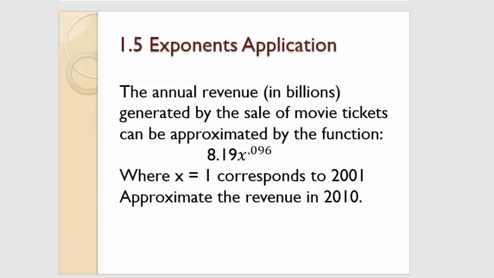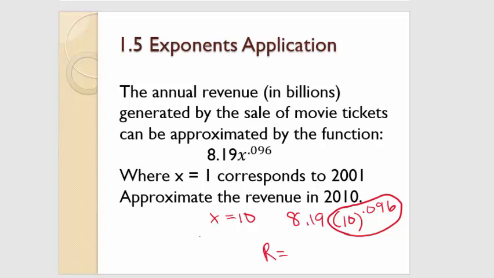2001, X equals 1. 2010, X is going to equal 10. So I need to plug in 10 for X. So 8.19 times 10, put it in parentheses, raised to the 0.096 power. Order of operations says I need to raise this to the 0.096 power, take care of exponents, before I multiply it times 8.19. So the revenue in billions is going to equal 10 to the 0.096 power, which is